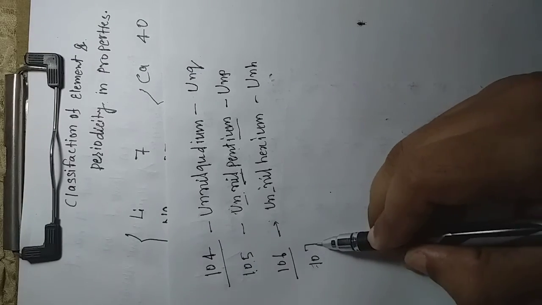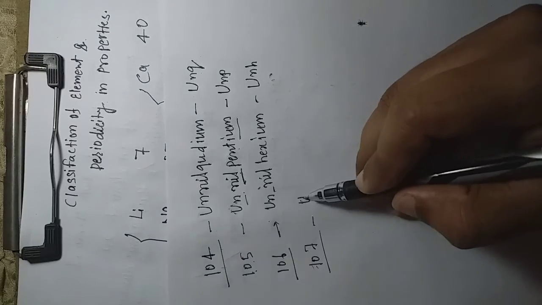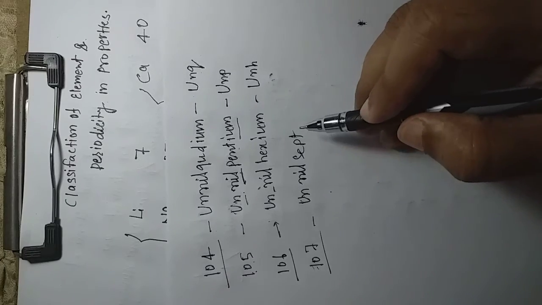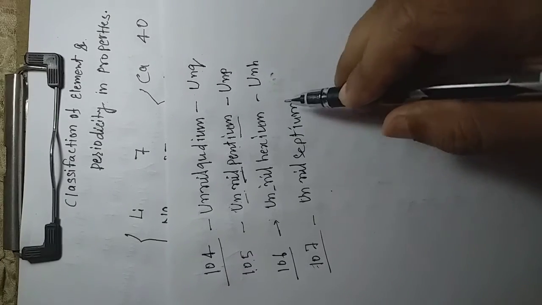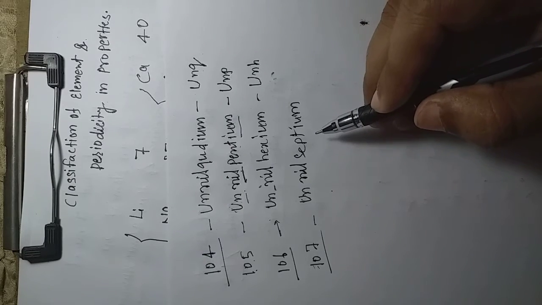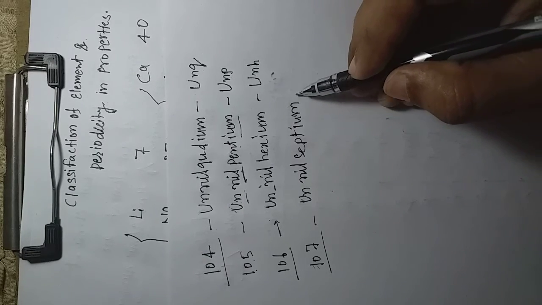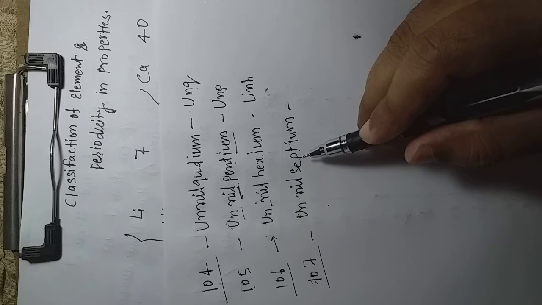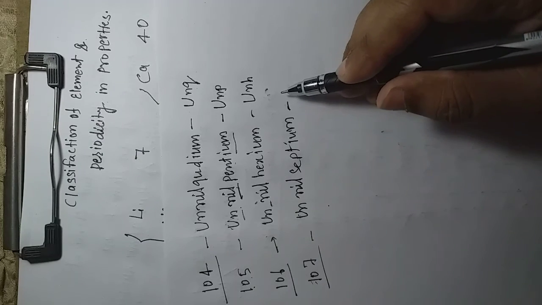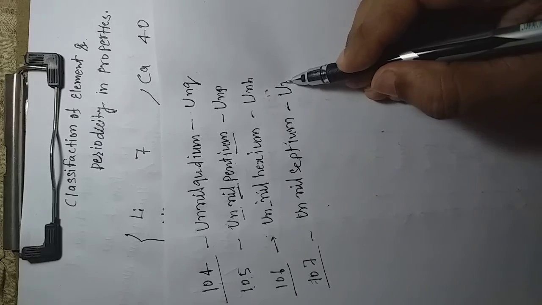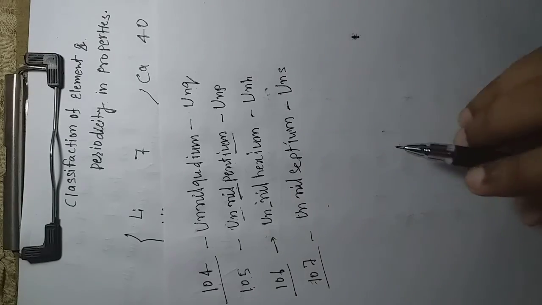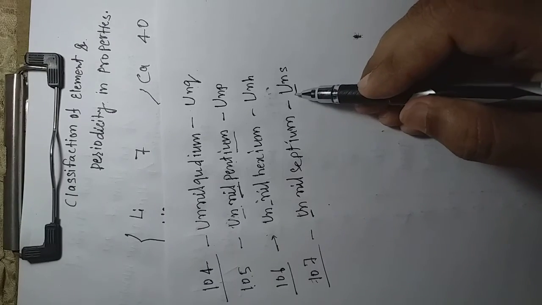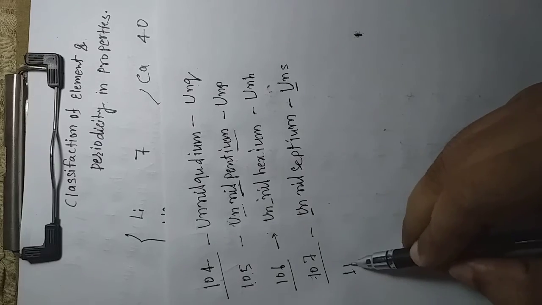Next is 107. You can write un, and again you can write nil, then sept. Keep in mind, normally we are confused here. We are using hept in organic chemistry. We had learned it in our previous qualification in 10th class. So don't be confused. It is not hept, it is actually sept. If you keep committing mistakes, your marks are going to be deducted. So U and a smaller n, and then a smaller s you can put. The first letter must be capital, either when you are writing an alphabetical arrangement or when you are writing the symbolic representation. Everywhere it is. Keep in mind.